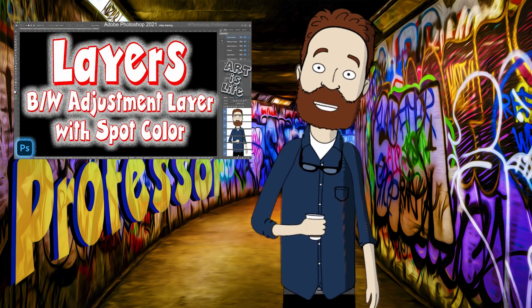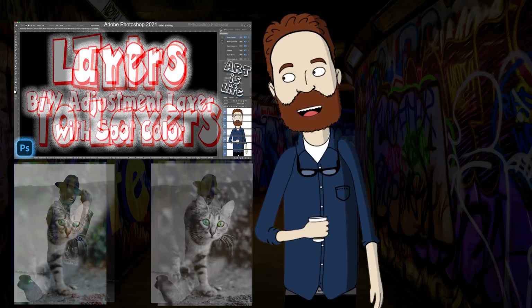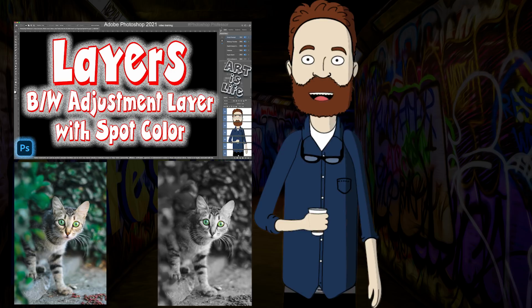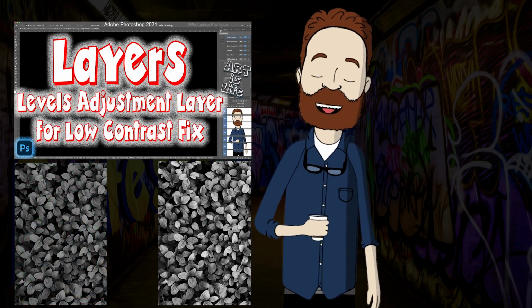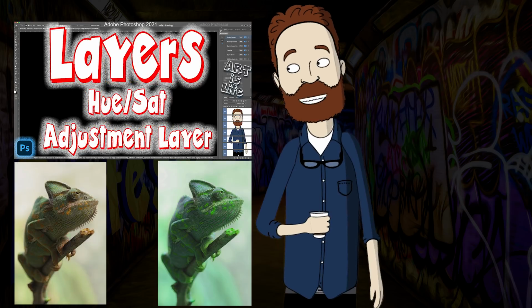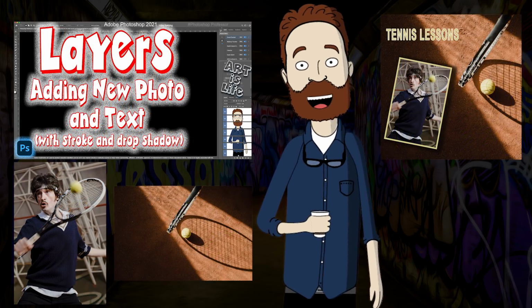It's amazing how much it allows you to do. And I'm going to give you the introduction of how they function and work. I'm going to have a short video on how to add a black and white adjustment layer with some spot color. I'm going to show you how to fix a low contrast image with a levels adjustment layer, how to switch the colors in a scene with a hue sat adjustment layer,